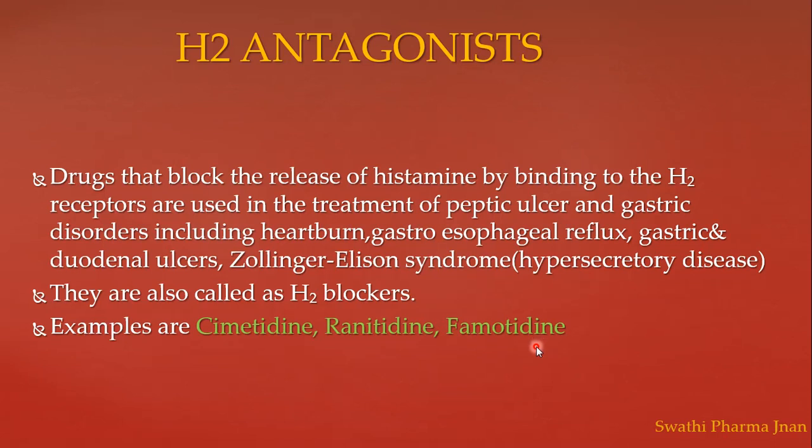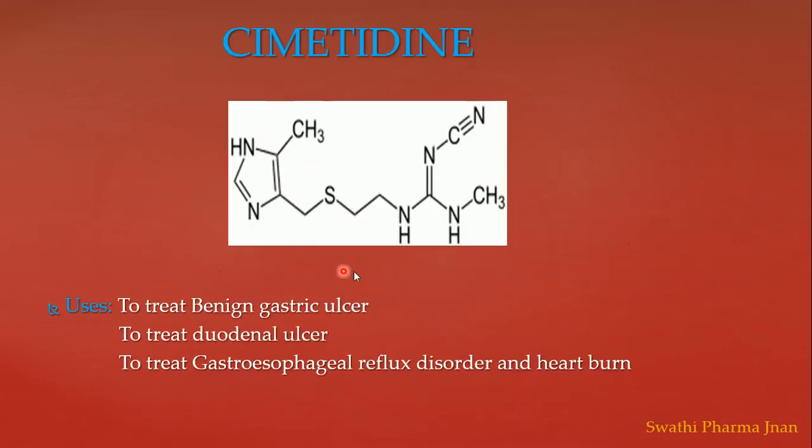We'll see the structures along with their uses. First structure is cimetidine. Cimetidine is an H2 blocker which contains the basic nucleus imidazole. Imidazole is a 5-membered ring containing two nitrogens at first and third position with two double bonds. To this imidazole, a methyl group is present, and there is a side chain. This side chain contains a C triple bond N group and a guanidine group along with a methyl group, and a sulfur atom is present. So to remember easily, cimetidine contains imidazole and guanidine structure. Guanidine is a carbon bonded with three amino groups.